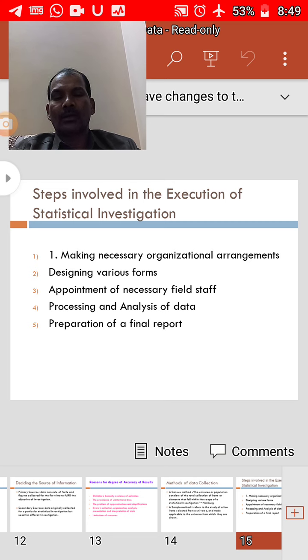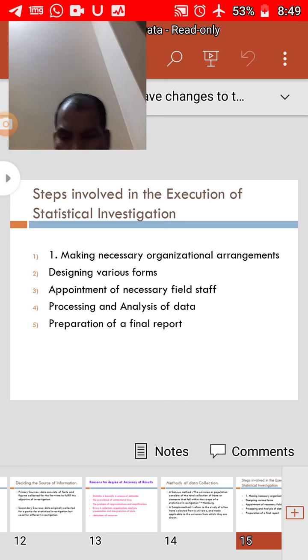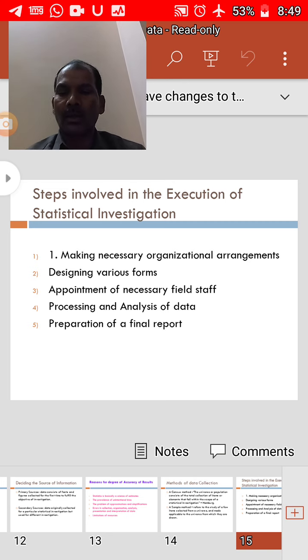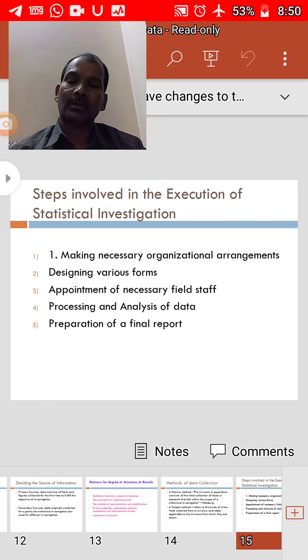Efficient and well trained investigators are not readily available in the organization. They are to be selected. They may not be available in any organization, whether the organization is big or small. A trained person may not be available for data collection, since collection of data requires intelligence, honesty, hard work, and scientific knowledge. Field investigators are to be selected scrupulously.